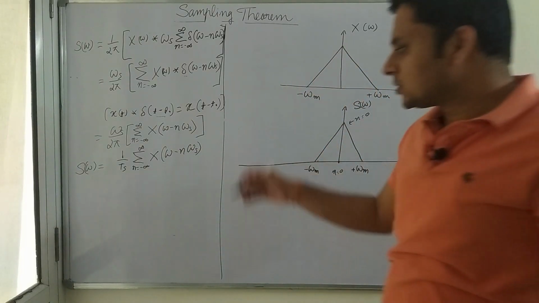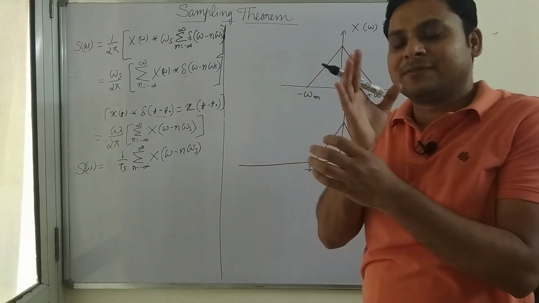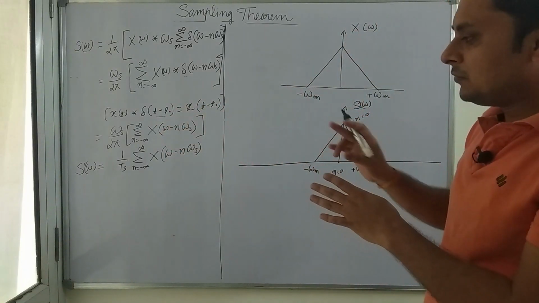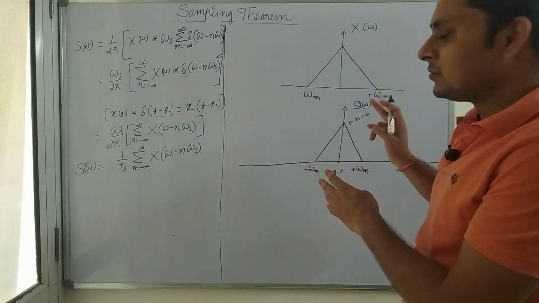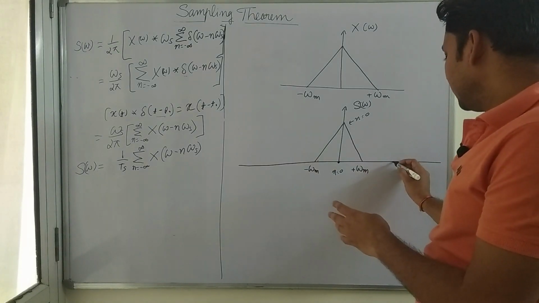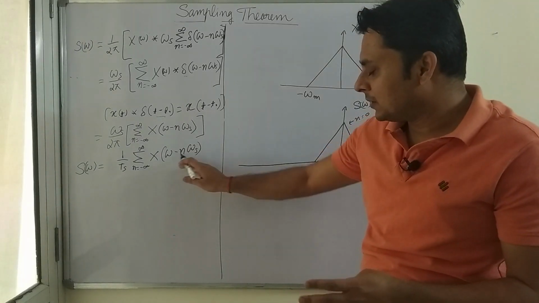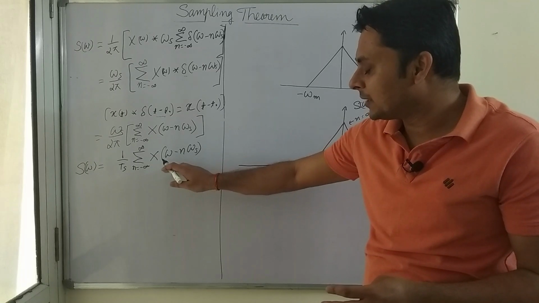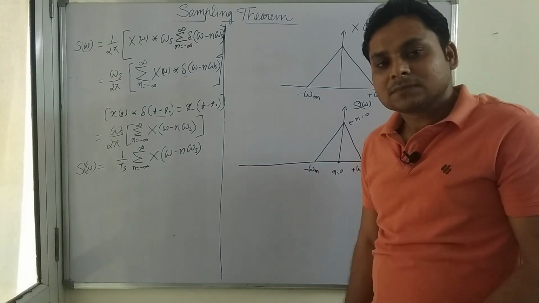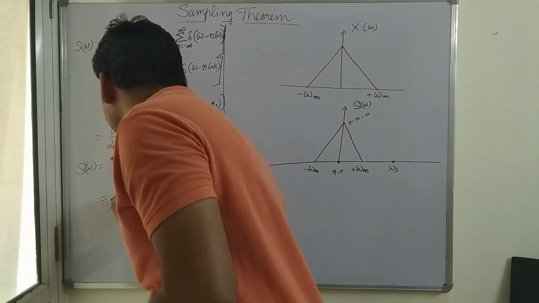Okay, for n equals 1, what will happen? Omega minus omega s is like t minus t naught; this is a time shift, it is being time delayed. So it will shift to omega equals omega s, which means the center point of this signal will shift to the point omega s. Because when we put n equals 1, the result will be X of omega minus omega s. Basically it will be a series. So I'm writing it here first. I think you may be confused.